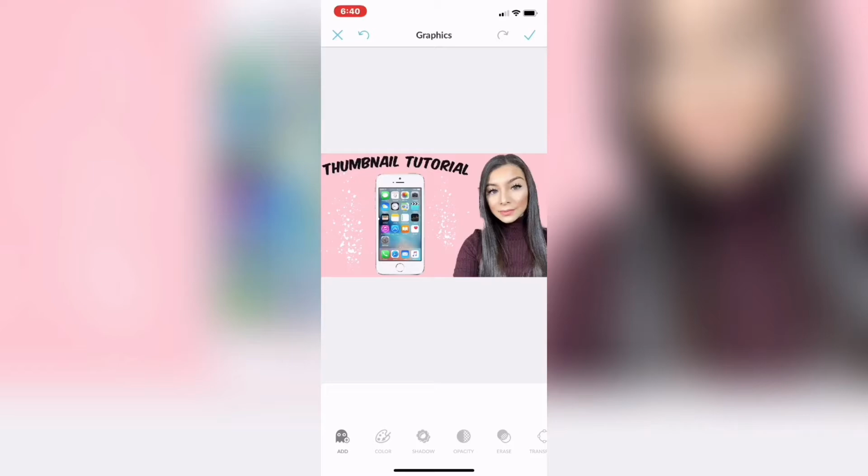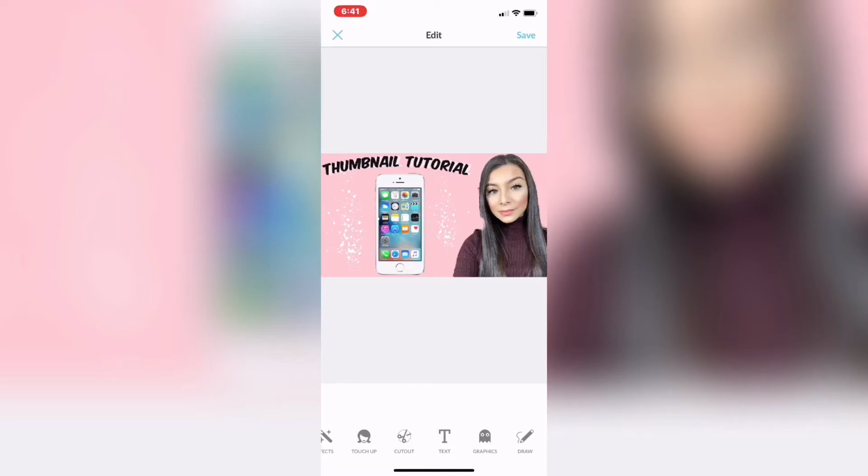You can add more stuff, but I think I'm just gonna keep it simple. So for the thumbnail, I'm gonna go to shadows, and I'm gonna try to adjust it just so it can stand out a little bit. I'm gonna hit the arrow, and pretty much it. So I'm just gonna keep it like that, but that's how you do it. If you are done, you're just gonna hit the save button,